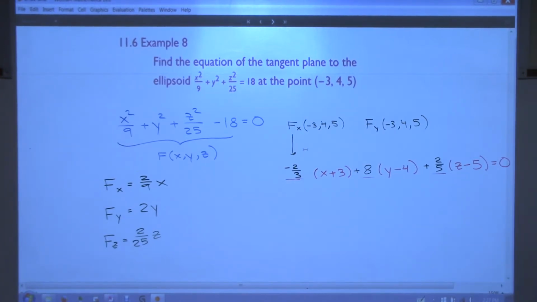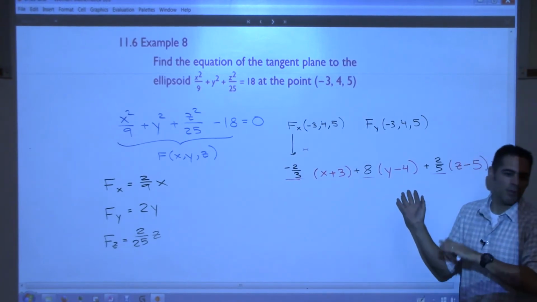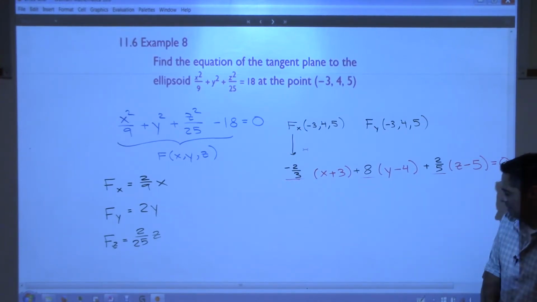I've seen on your take-homes, some of you leave them, some of you clean them up. I don't care. It's all the same, right? It's all the same sheet of paper living in three-dimensional space. So,